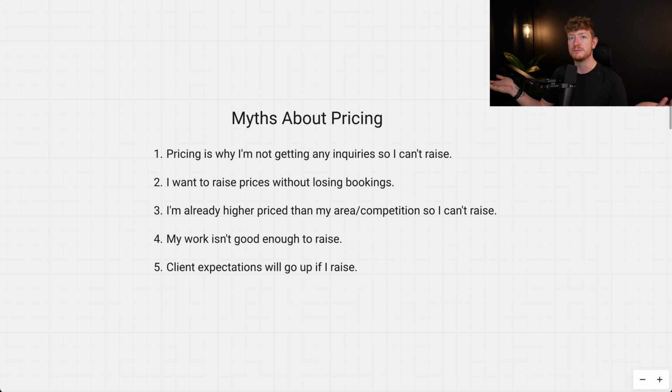That's the solution. But if you can't travel more than a couple hours, and you know for certain that you can't raise past your specific price point in your area because there's just no weddings whatsoever, which most of the time there is, but you know, in very extreme scenarios, then I guess you just need to stay at your current price point. But that is such a small percentage of situations. You would actually be kind of surprised at how high people in your area can really price.